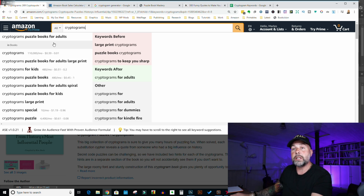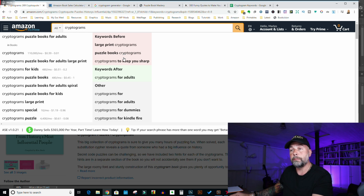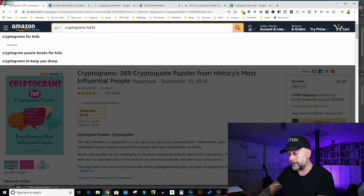So I'd get a spreadsheet, make a list of all the keywords that come up here, and then I have a Chrome plugin installed, which is AMZ Suggestion Expander, and it gives me a list of more keywords on the right hand side. And I would also put relevant keywords into the spreadsheet as well. And then I'll take each of these keywords, say for instance cryptograms for kids, and I'd put that into the search bar,